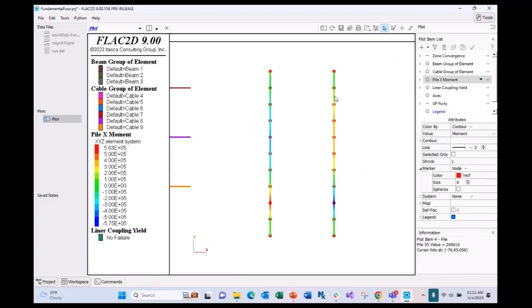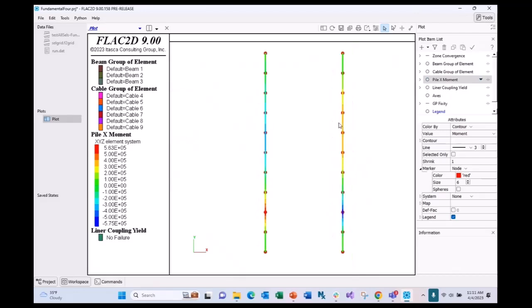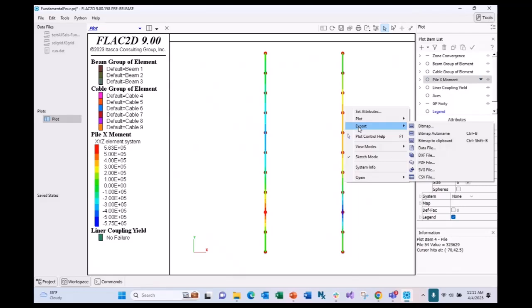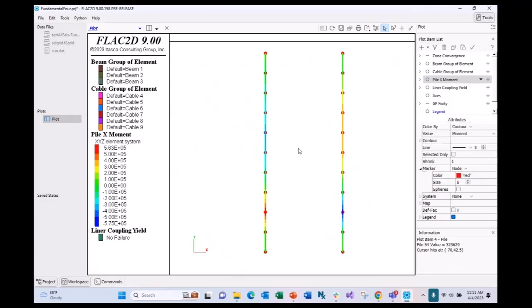I think the best way would be using FISH, which we'll actually talk about next, and with which you can access each element. You can write all that data that you see here, moment, force, anything, to file. You can change it. You can basically do anything you want. That would be my first route to go. The second one is, I think you can export, yep, CSV. I think what it will do in this particular case